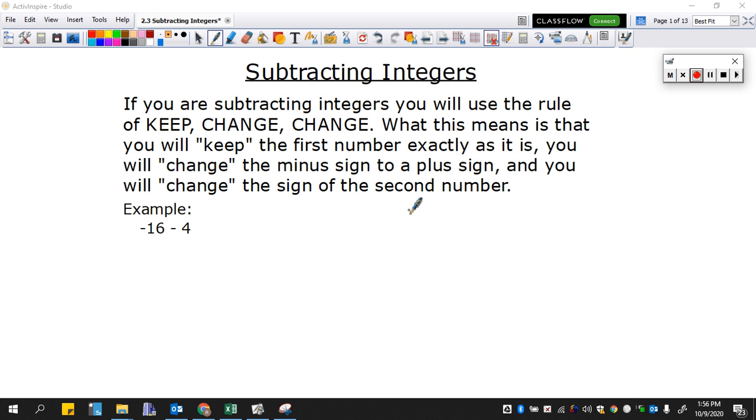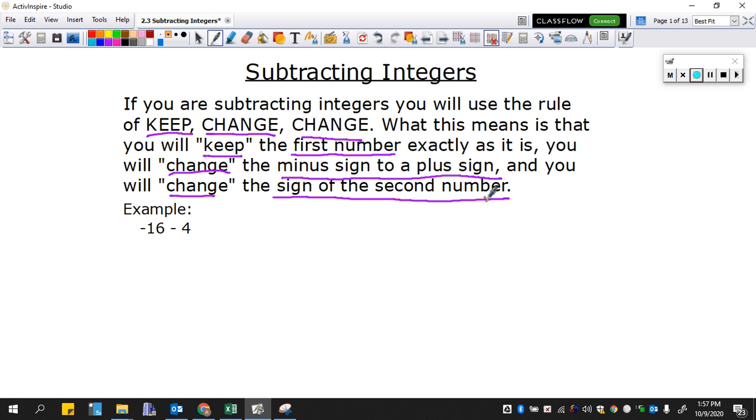In the last lesson, we learned what the different rules are for adding integers. And so we're going to use those rules in this lesson as well. But before we can use those, we have to change the subtraction problem into an addition problem. And we do that by using the rule of keep, change, change. What that means is that you're going to keep the first number exactly as it is. You're going to change the minus sign to a plus sign, and you're going to change the sign of the